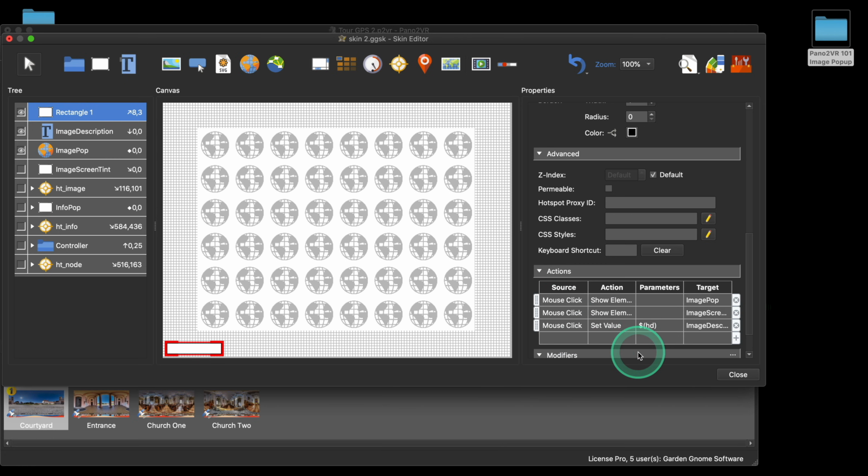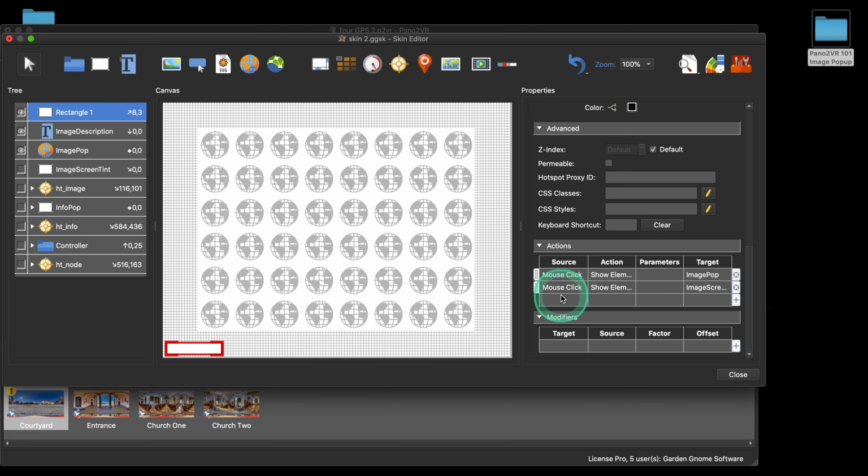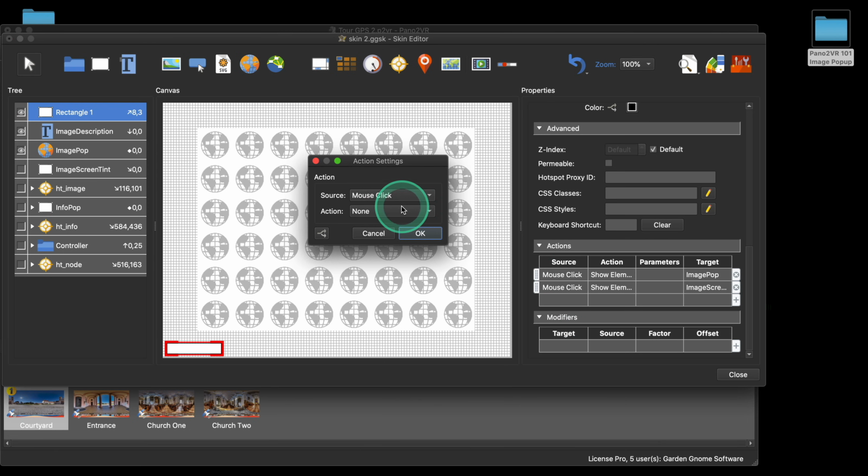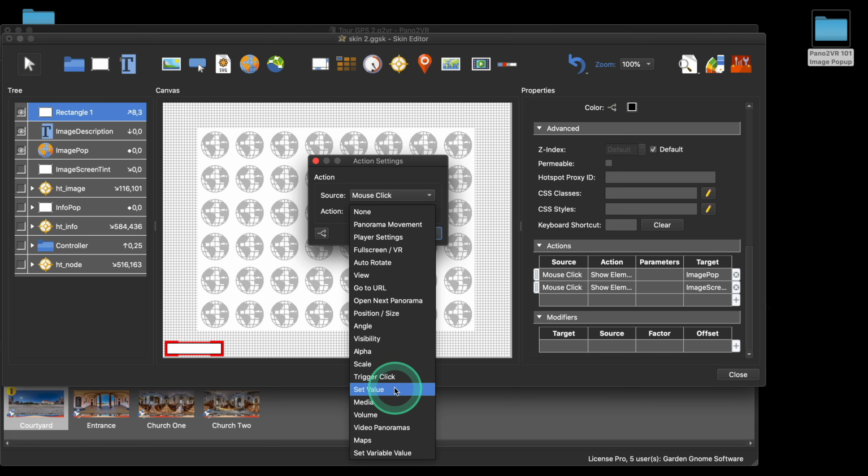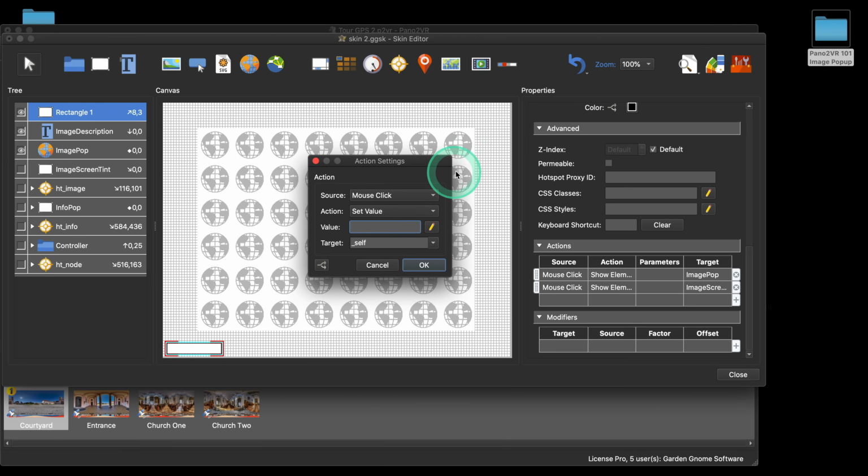All right. Now, the only thing I haven't done, actually, I will get rid of that because don't forget, this is not coming from a point hotspot, so it won't have the ability to read the hotspot's description or the hotspot's URL. We're actually taking this from a location. This button will be taking it from a location. So what I'm going to say here is mouse click. I'm going to set the value, and the value is going to be that